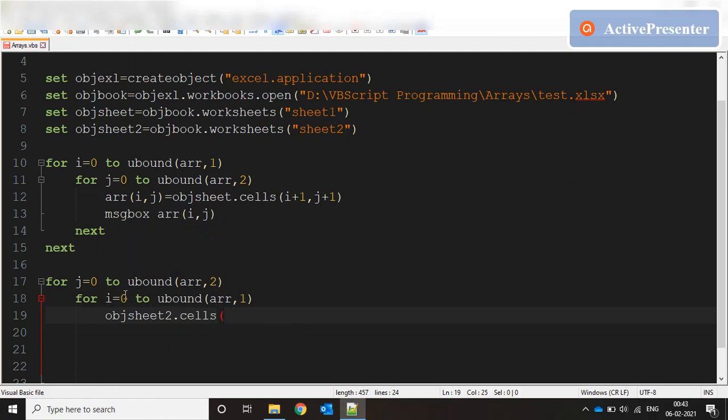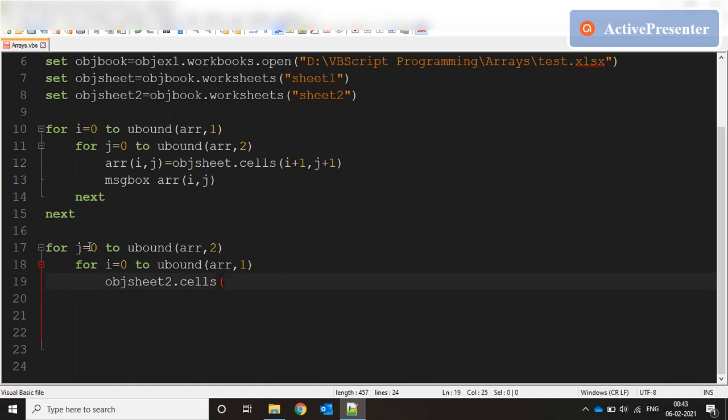In this case, we are going through the columns first, and we need them to come out as rows. So we say j plus 1 and I plus 1,